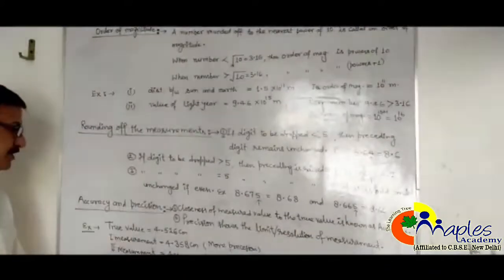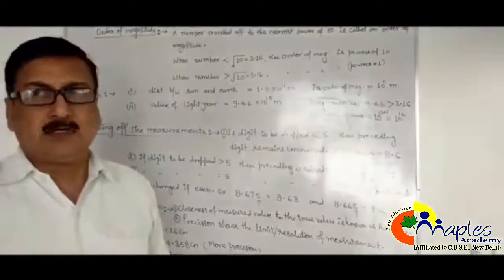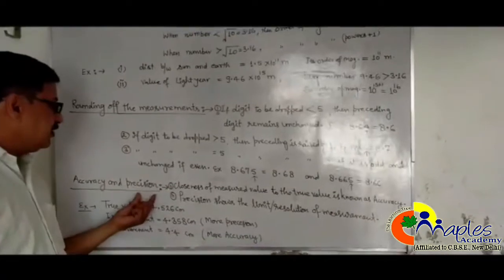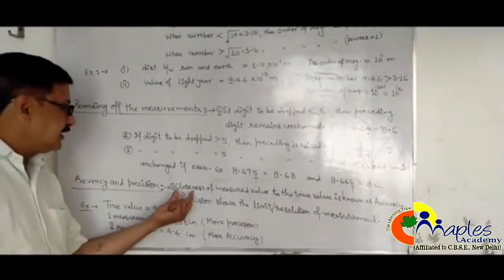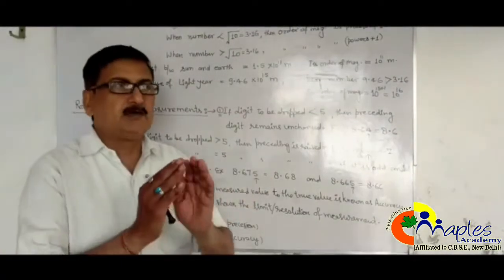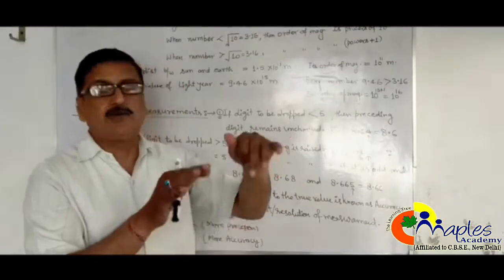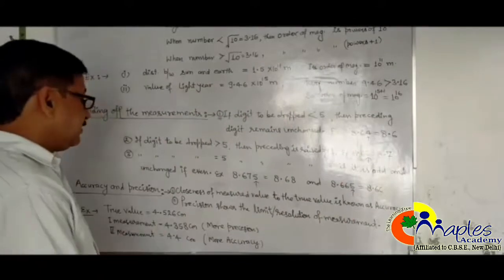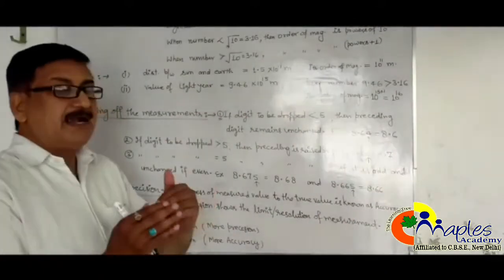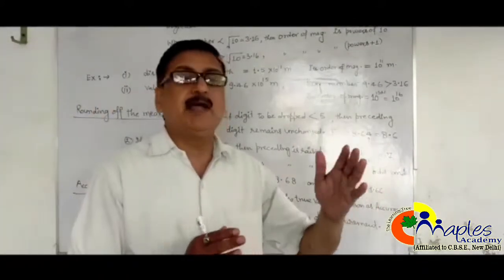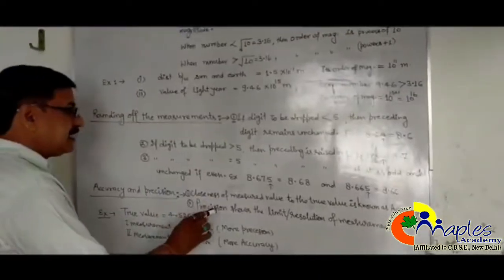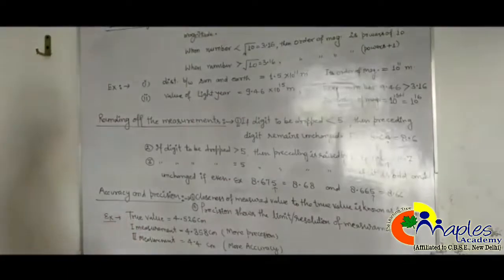What are accuracy and precision? These two terms always disturb the students. What is accuracy and precision? Accuracy is the closeness of the measured value to the true value. How close the measurement taken is to the true value, that is called accuracy. And if we take a measurement or resolution with many more digits after the decimal, then it is called more precise. Suppose the true value